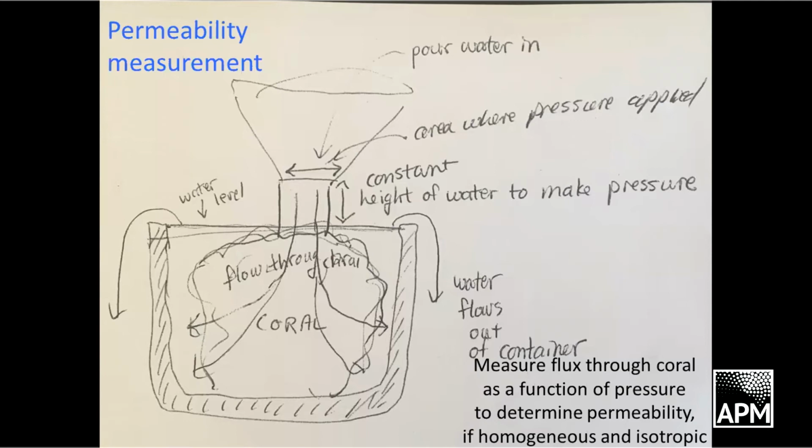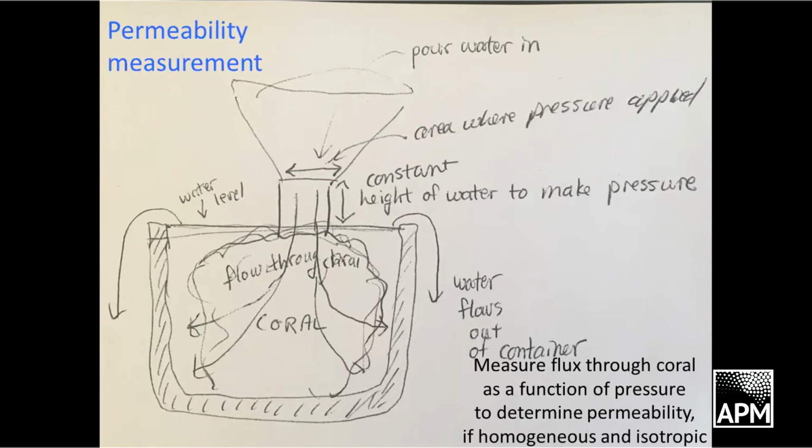How do you work out the various parameters like the permeability and the porosity and the heterogeneity of the coral? Well, one way to do it is to take a large amount of coral and put it into a big beaker and measure the flow through if you put in fluid at a constant pressure. As it says in the bottom right, measure flux through coral as a function of pressure to determine permeability of